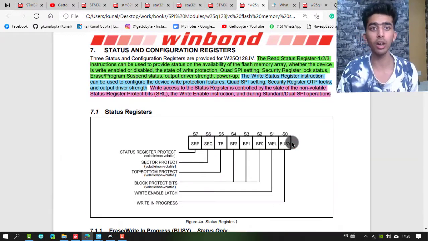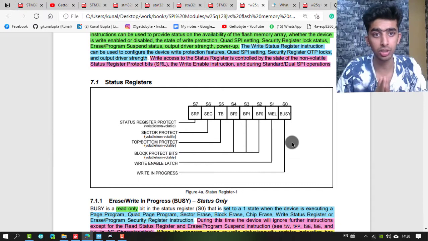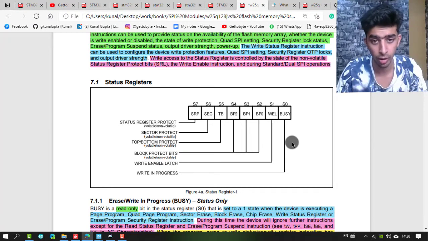Now, starting with the status and the configuration registers. These are very important registers and play a very important role in configuring and using these chips.